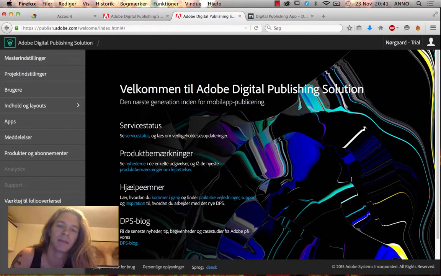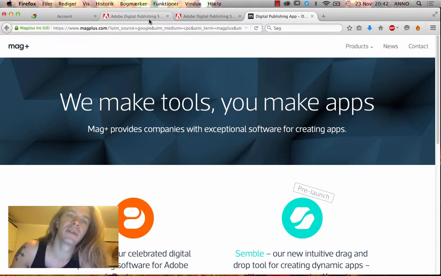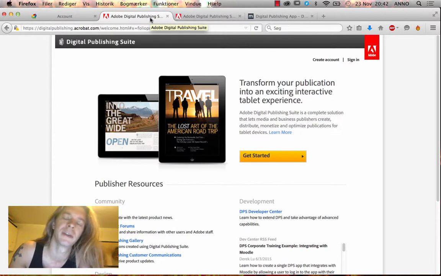And there's also something called Digital Publishing Solution from Adobe, which is the newest, the new black. And then there's Mac Plus, a digital publishing app made for easy use. You can use either of these three. I'll be teaching a bit in all of them, but in these videos it will be Adobe Digital Publishing Suite,